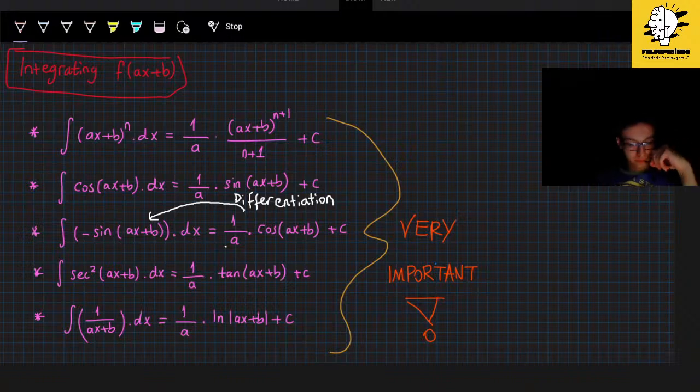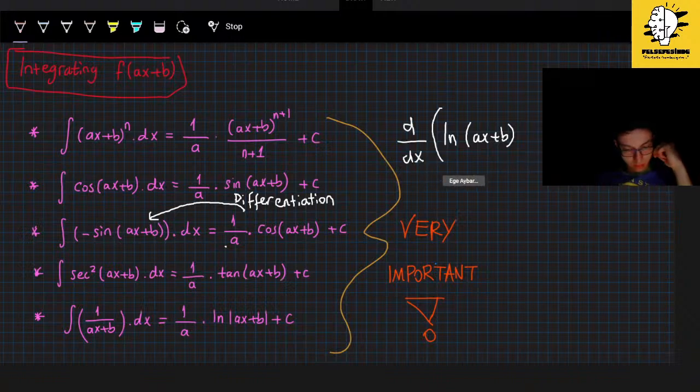It is 1 over a times ln ax plus b plus c. If you take the differentiation of ln ax plus b, yes, ax plus b, we take the differentiation of it, you will have